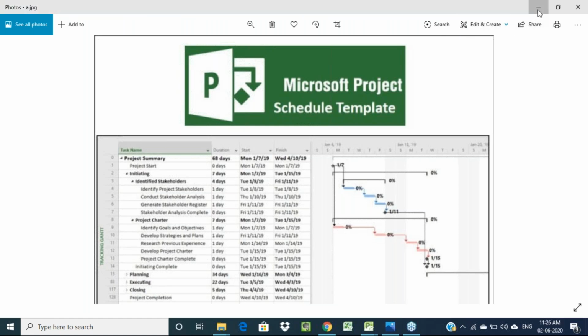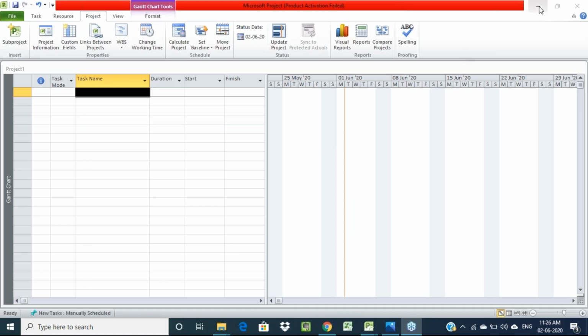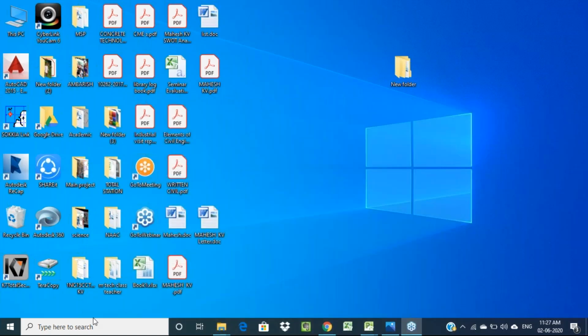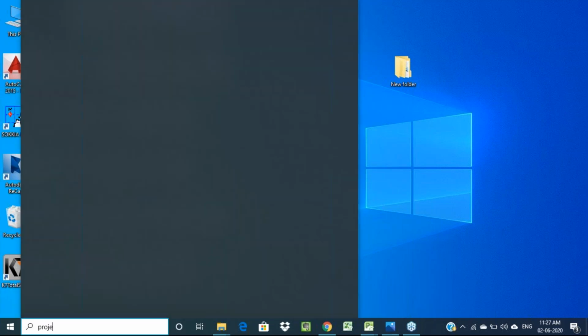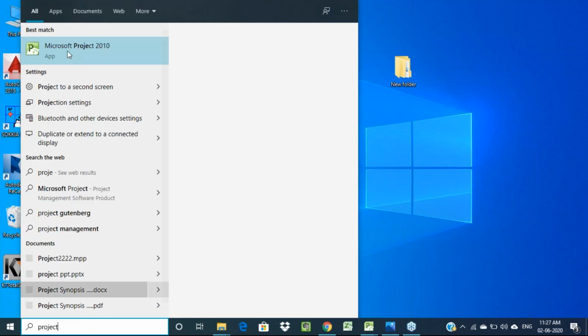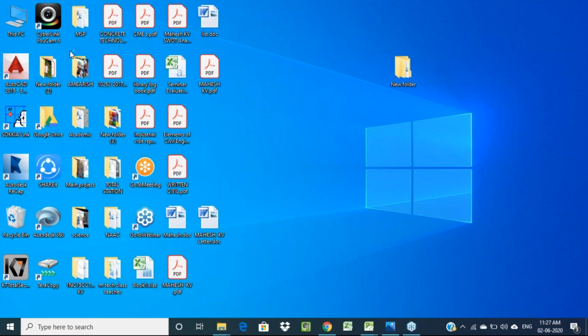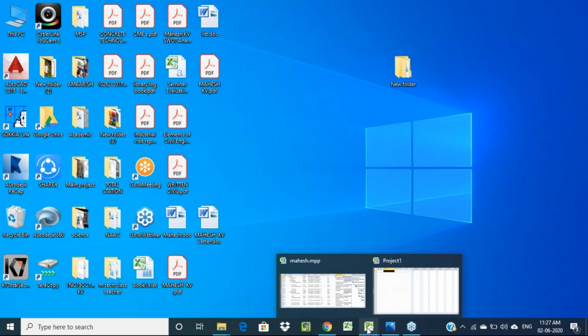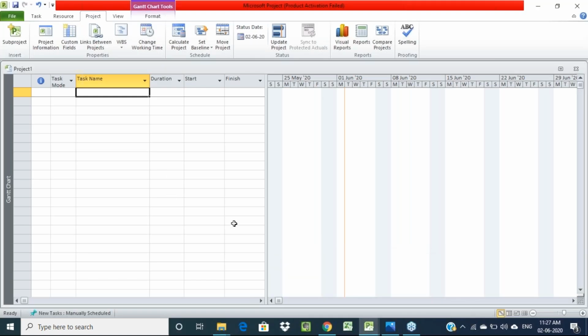First, we have to open a new Microsoft Project. Once you open Microsoft Project, you will get one empty sheet like this.